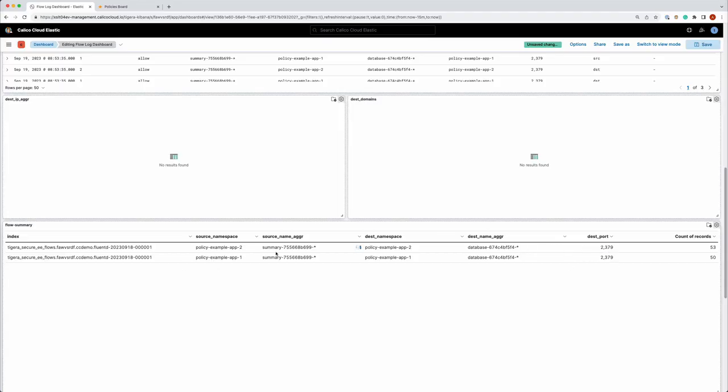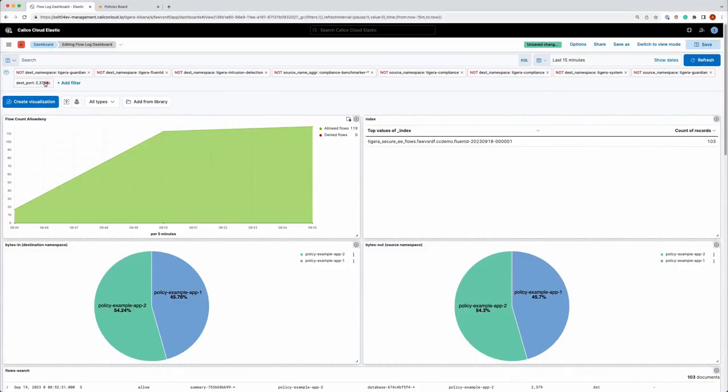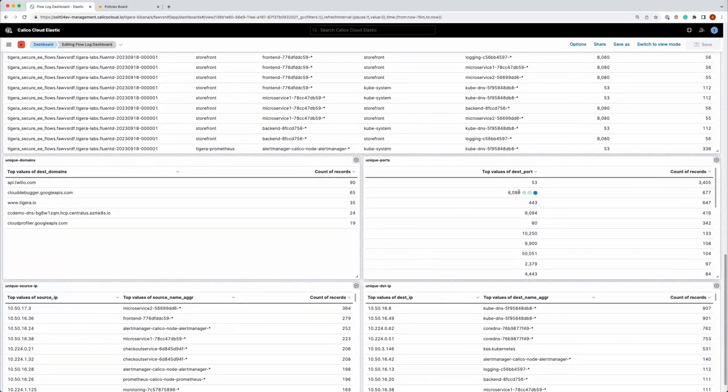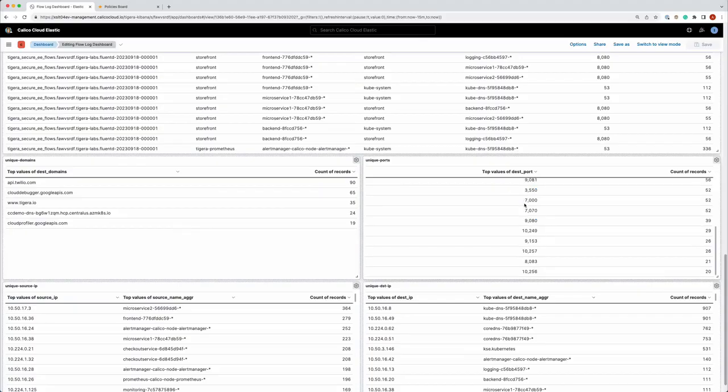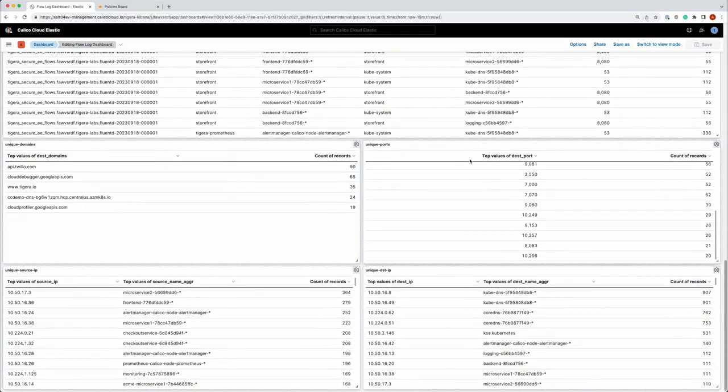So I have the summary workload in my source namespaces, in this case policy example app1 and app2, communicating with their database instances on port 2379. Okay, so a summary of all the unique ports for, in this case, my two clusters connected to this management instance. And then I have